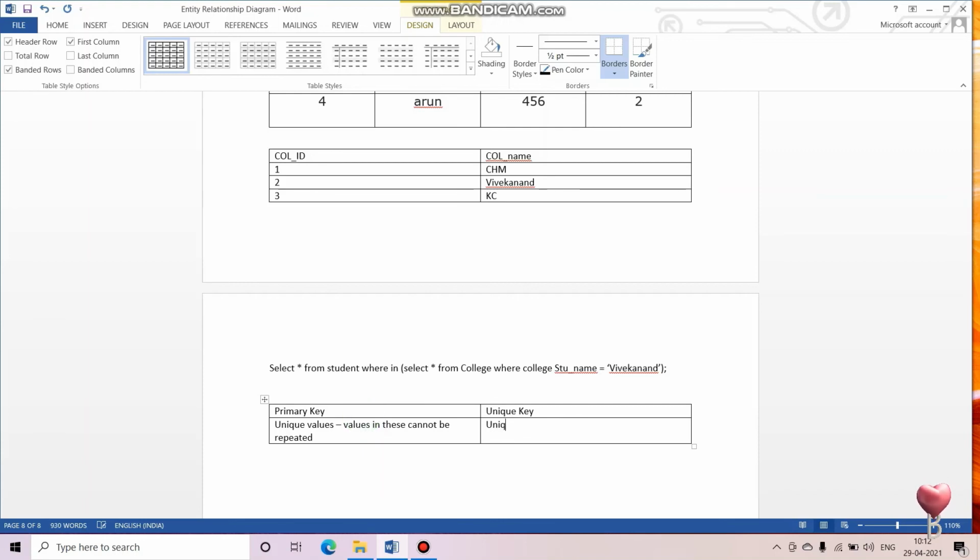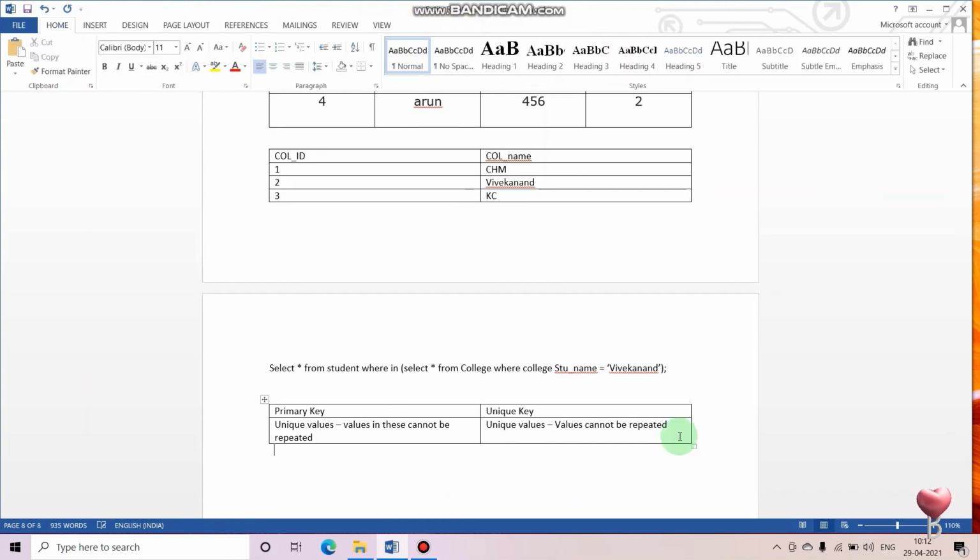Here also unique values cannot be repeated, as they uniquely identify the entire row. Second, both uniquely identify the entire record, and same will be here.